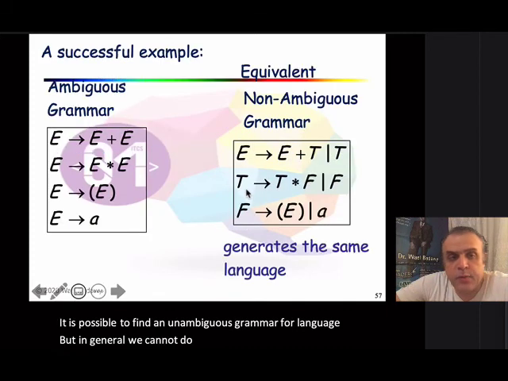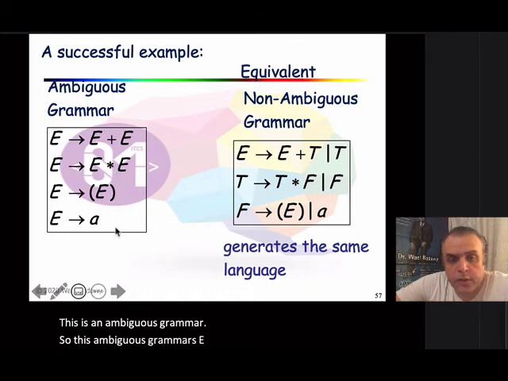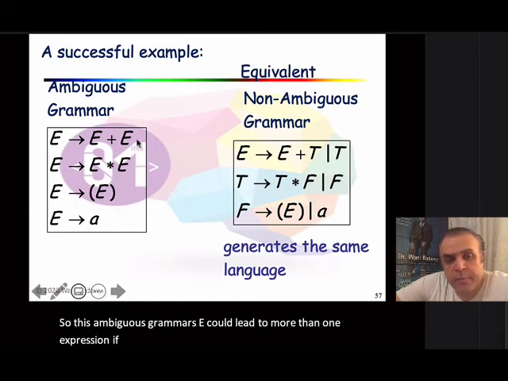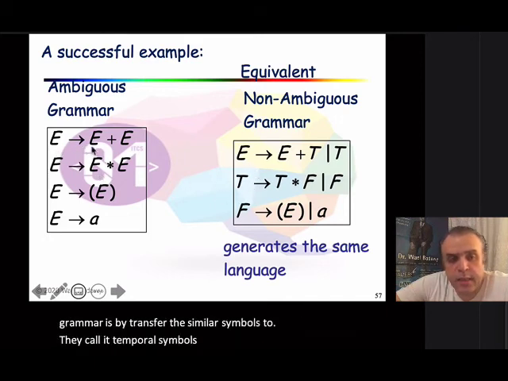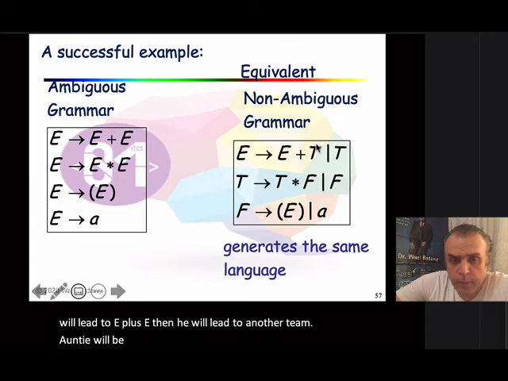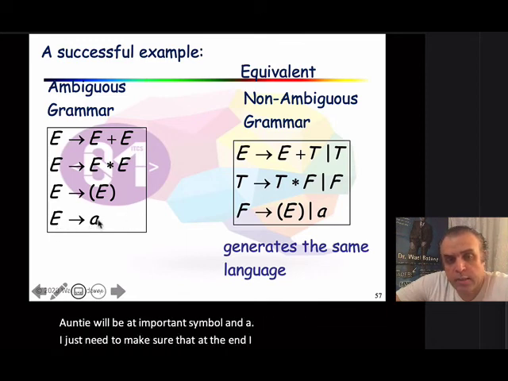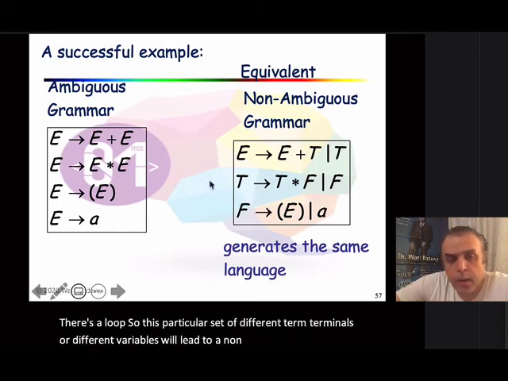So a successful example here: this is an ambiguous grammar and an equivalent one. In this ambiguous grammar, the E could lead to more than one expression. The way to remove the ambiguity from this grammar is by transferring the similar symbols to what they call temporal symbols. So here, instead of saying E will lead to E plus E, E will lead to another T, and T will be a temporal symbol. I just need to make sure that at the end I will close the loop. So this particular set of different variables will lead to a non-ambiguous grammar,